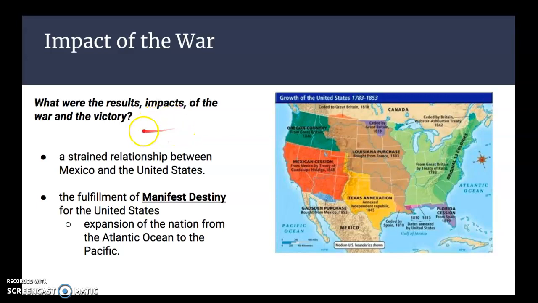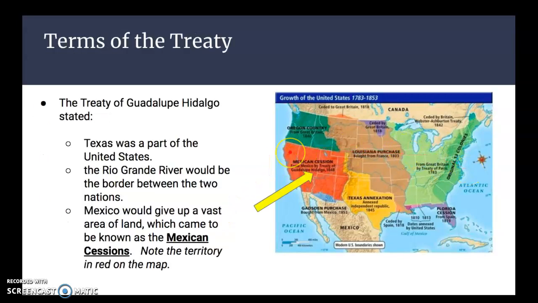So what were the results and impacts of the war, the victory? Well, we're going to have a strained relationship, meaning a difficult or challenging relationship, between Mexico and the United States. Manifest destiny, like I said on the previous slide, has been realized. We have the expansion of the nation from the Atlantic Ocean to the Pacific Ocean. So the treaty that ended this war was called the Treaty of Guadalupe Hidalgo. What it stated was that Texas was now part of the United States. Mexico would recognize that. The Rio Grande down here, I'm tracing it with the pointer, would be the border